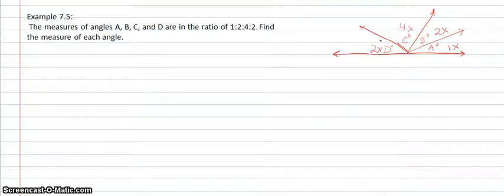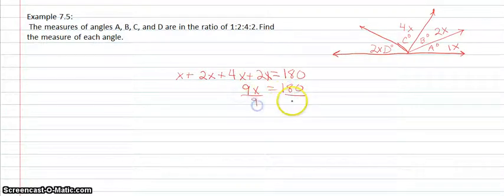degree is. Now, if we add all of these angles together, we're going to get 180 degrees. So I would have x plus 2x plus 4x plus 2x equals 180. Okay, these are all like terms, so when I add them together, I will get 9x equals 180. Divide both sides by 9, so x would equal 20. So